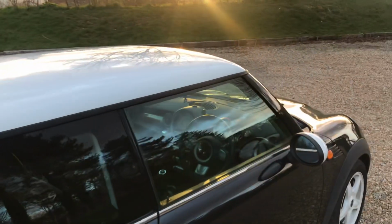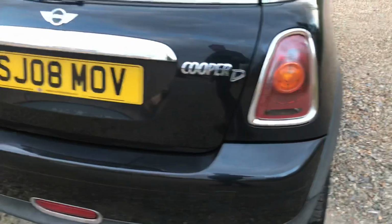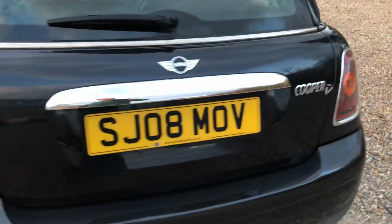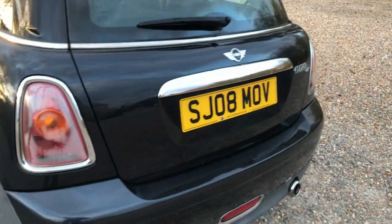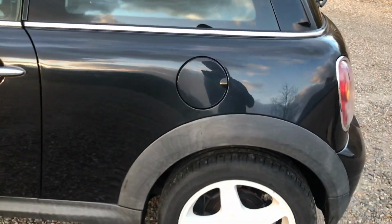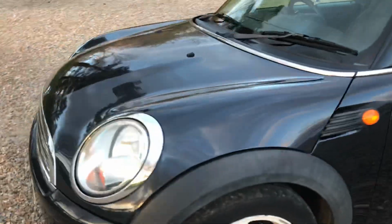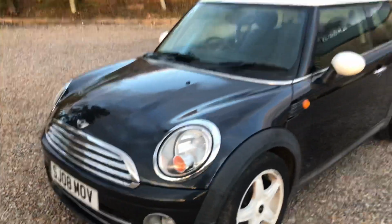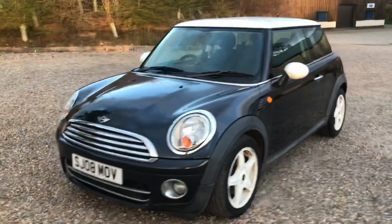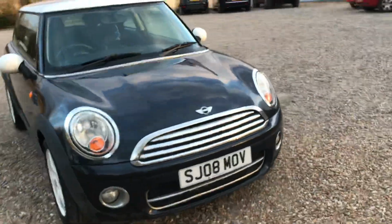The roof is also nice and shiny, in good condition. And through the back, the bumper's in very nice order. No marks to speak of here. Nothing on the tailgate. Same for this rear wing, and also down the side of the car here on the passenger side door. All very good. Now I'm going to step back, let you have one little look on my video as I walk round and step inside the car